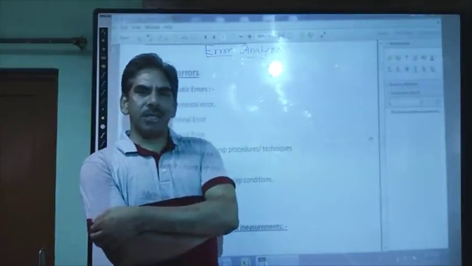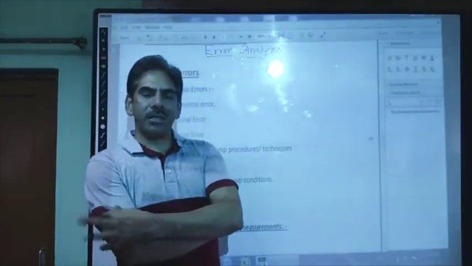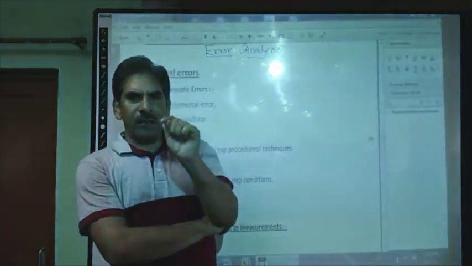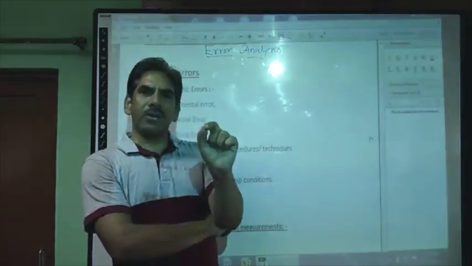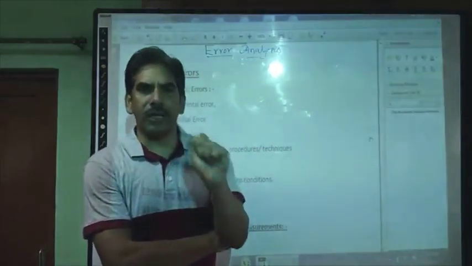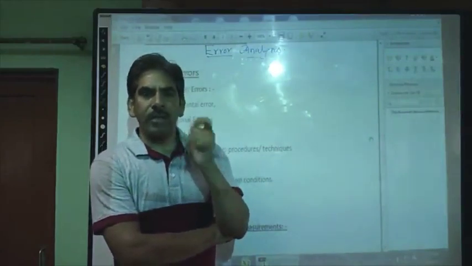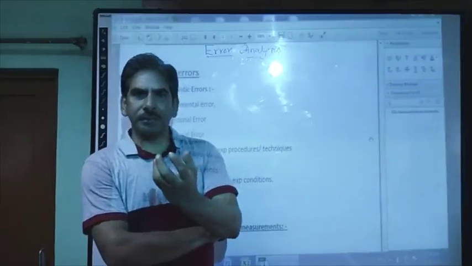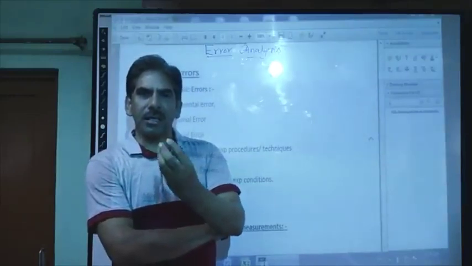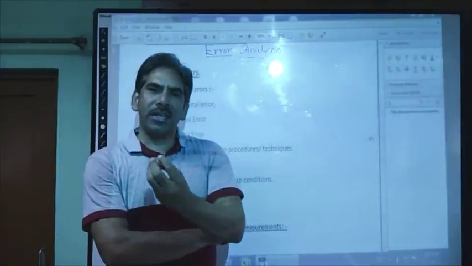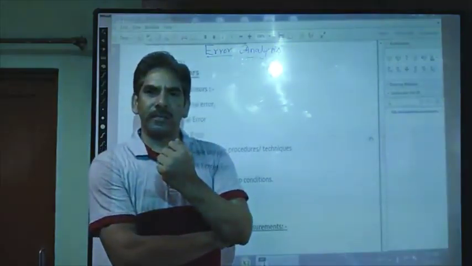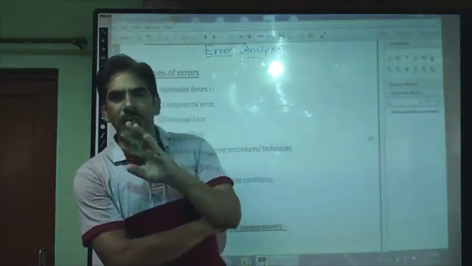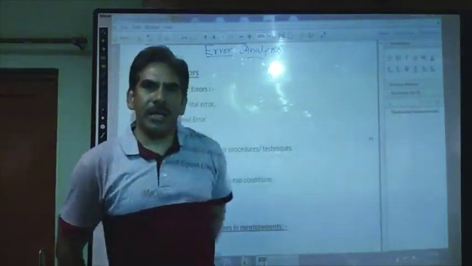But there are some situations which cannot be avoided, due to which we always get a value which is not the accurate one, or not the actual value of the physical quantity. That means the value we have found after measurement through experimental procedures has some degree of inaccuracy, right? That inaccuracy is nothing but the error. In that case we say that the measured value possesses some error.